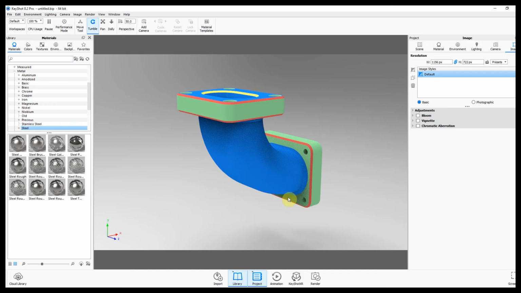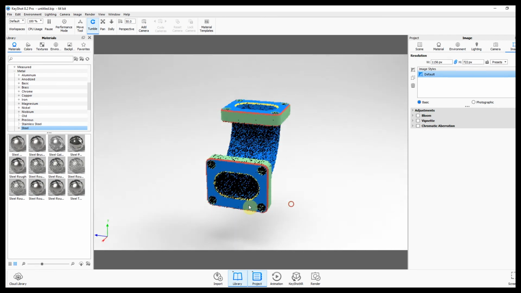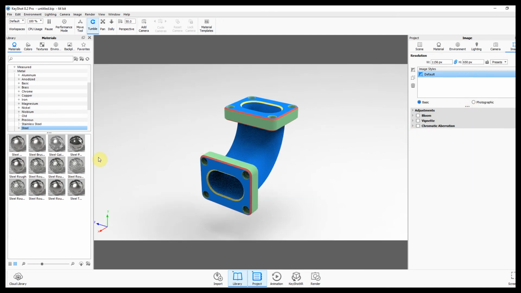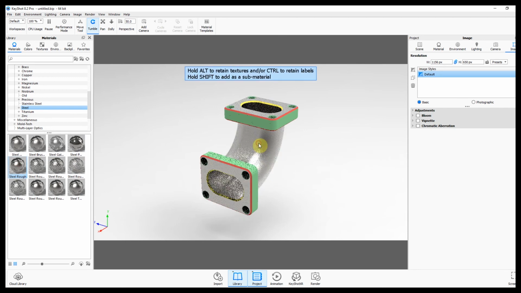Now I open my KeyShot software and I open my model also here. Now change the preset here. In the right side corner we can see that. Go to landscape and make it around 1280 by 720 and go to different colors now. You can select steel rough.